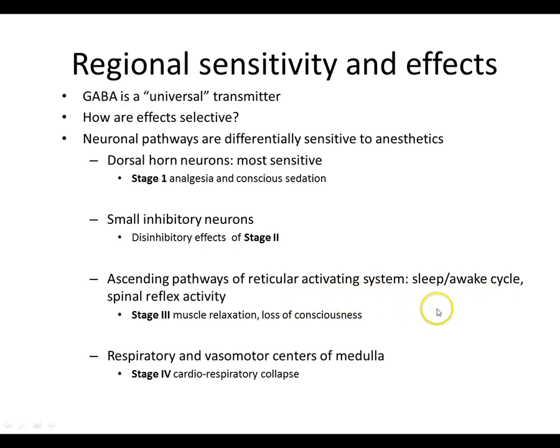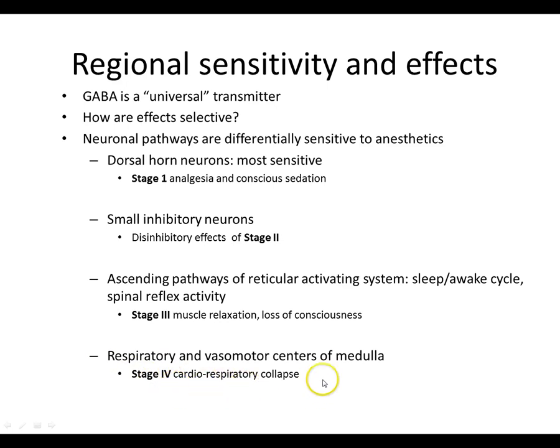So this is where you have loss of consciousness, loss of reflexes to pain and stimulation. And finally, the least sensitive parts of the brain to inhibition by general anesthetics are the respiratory and motor centers of the medulla, and this is why as you increase the exposure and concentration of general anesthetics, you achieve these 3 stages first, and only if you continue to increase the dosage would you reach stage 4 of